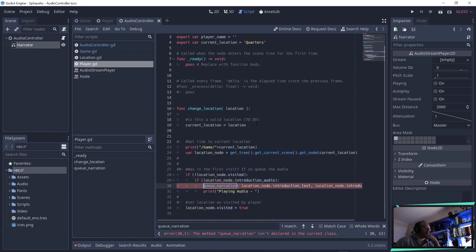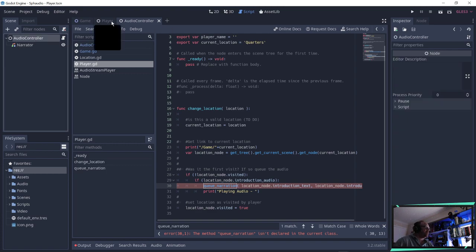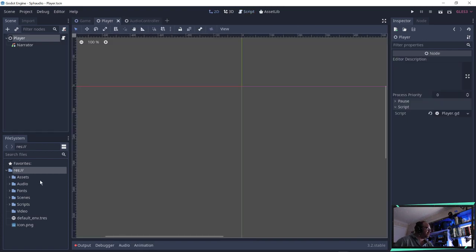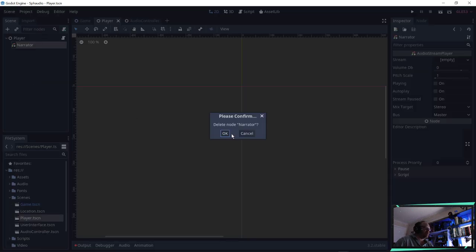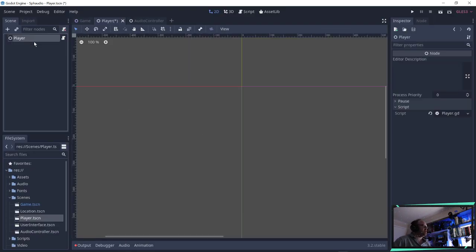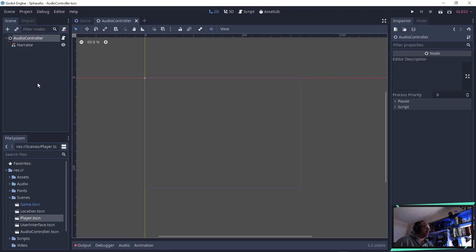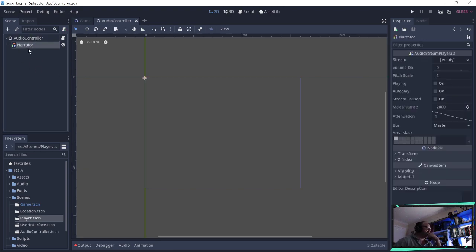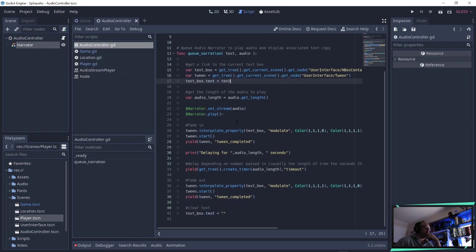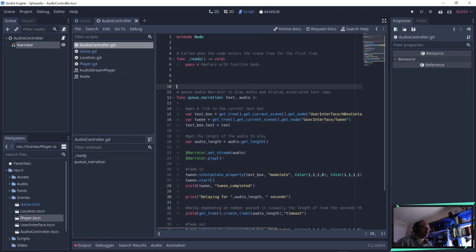So now we've got to get a link to the... Let's just switch to our player scene. Get rid of the narrator object. Is there anything special about it? No. Okay. Kill that. Player will get developed, so even if they look kind of worthless and pointless, there's a lot we can add to them. It's just making sure we put things in the right place. So now, queue narration, that should just work. I don't think anything needs changing there,